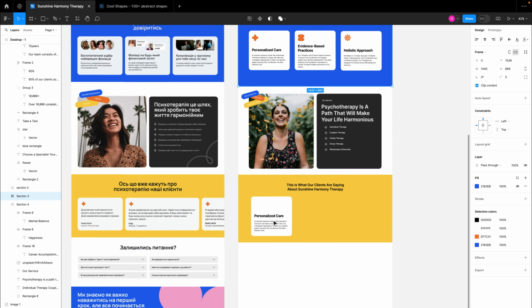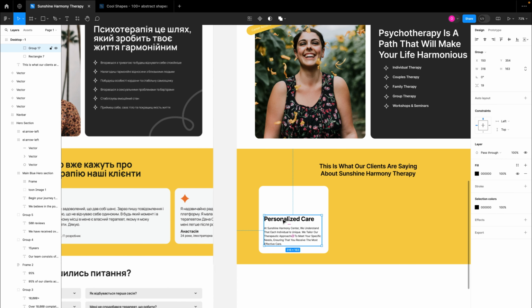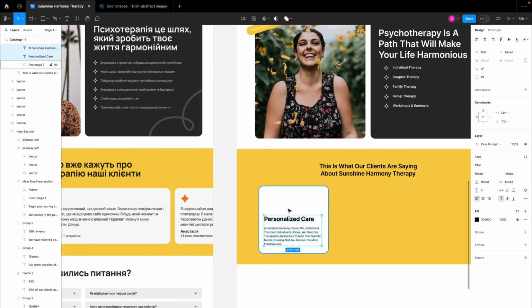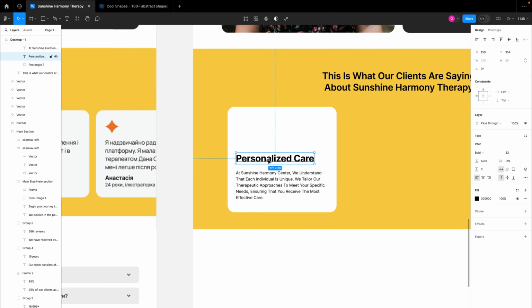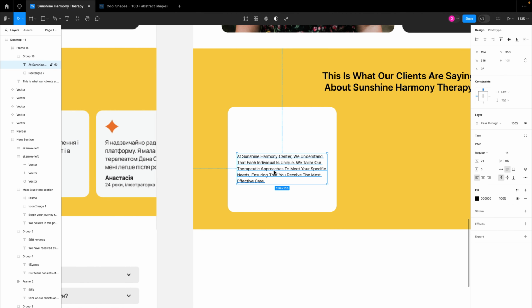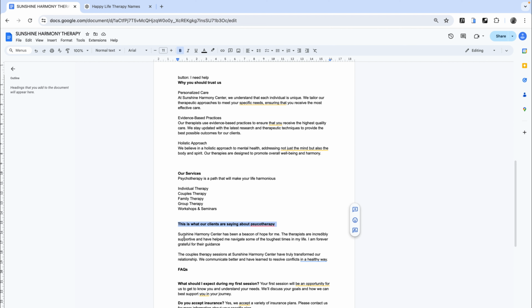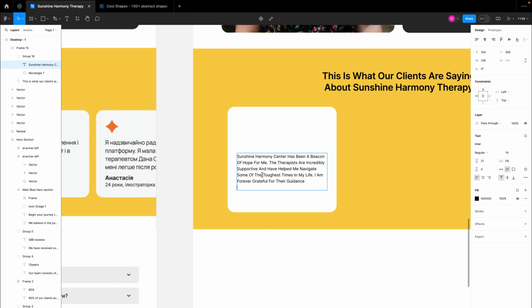So here we have a similar design, but we don't have a title for this. So I'm going to right click and ungroup this. I'm going to remove this particular personalized care title, and move this text to the top a little bit, and I'm going to go to this section and copy one of these testimonials, because this is the testimonial section. I'm going to paste it here,